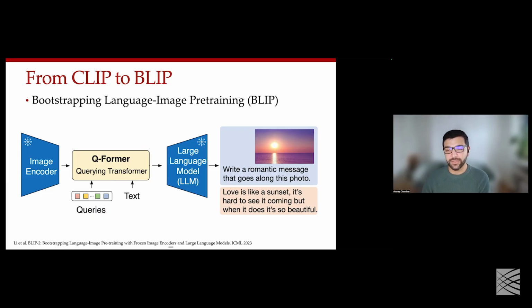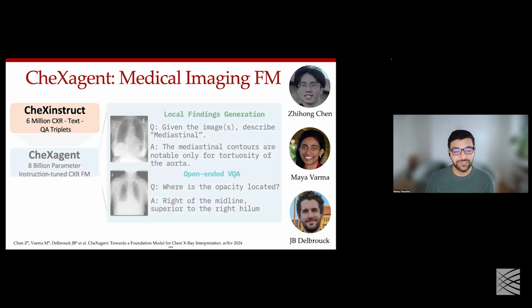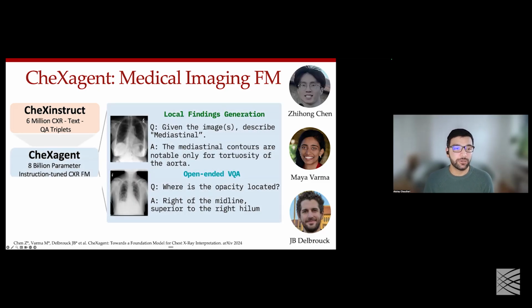So effectively, we have this triplet data set, and we wanted to see how we can use some of these LLM capabilities for medical imaging contexts. What we were able to do with this approach was build a model that can interpret and understand chest x-rays. We were able to create roughly 6 million example triplets where we had an image, some sort of querying text, and then some answers. And then we trained our own multimodal language model that we call CheXagent in this particular case.